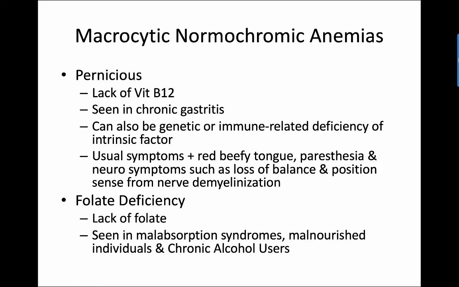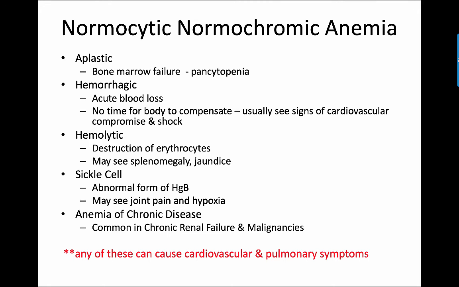You simply replace the B12 and folate that are not being absorbed for the patient. Your normocytic, normochromic anemias are really just normal-looking cells. There's just less of them. There's a whole slew of anemias in this realm. You can have simply bone marrow failure, so aplastic anemia, very rare. Only about 4 in a million people get actual aplastic anemia, but this creates a picture of pancytopenia,